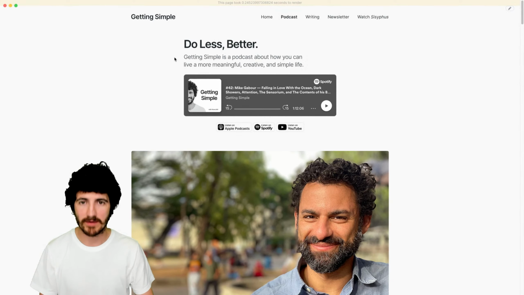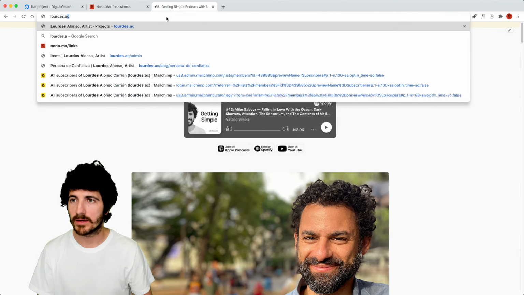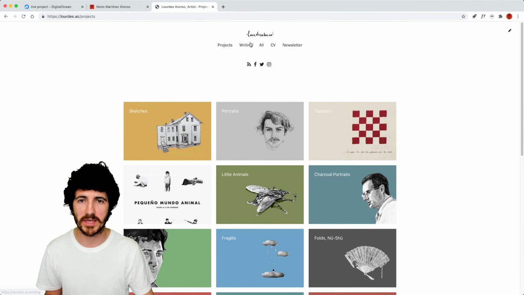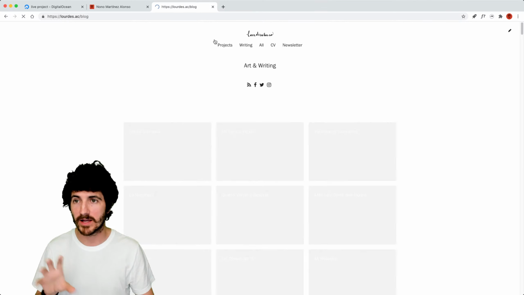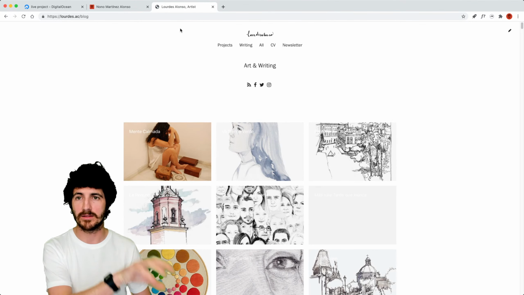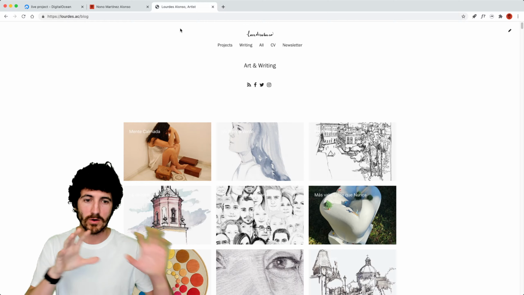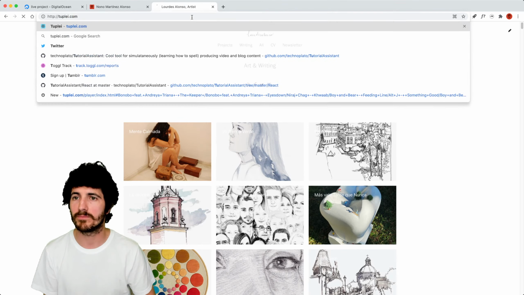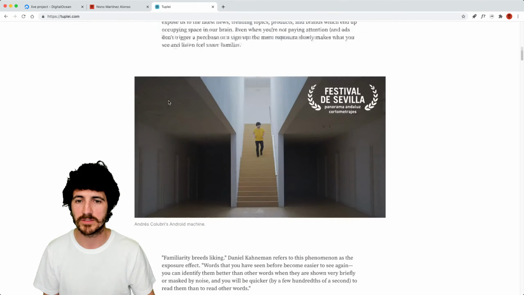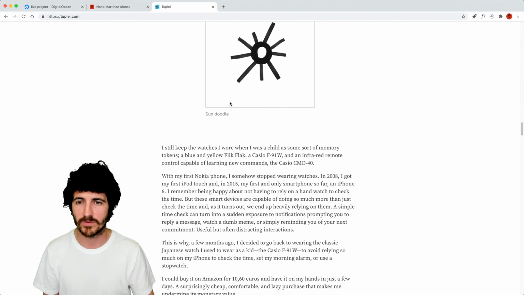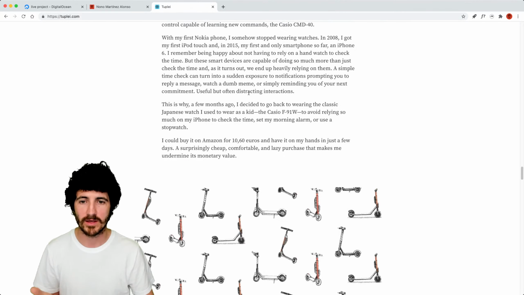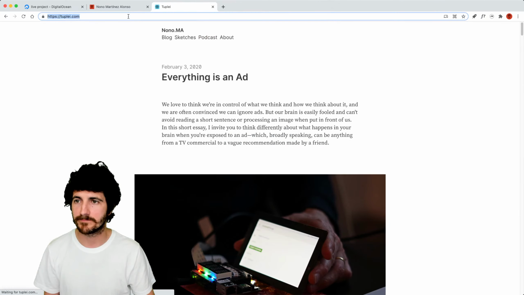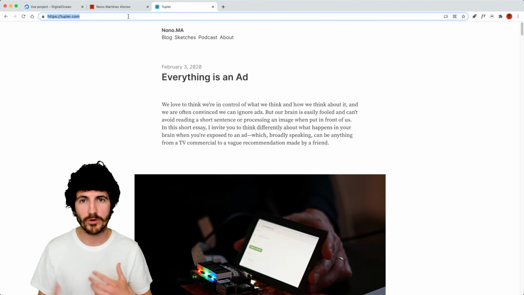All right, what else have I hosted here? My mom's website here, also hosted under the same platform, same server actually. So Getting Simple, Nono.ma, and Lourdes.ac are hosted on the same machine, on the same remote server. And there are other debugging places that I have. So for example, this domain here, just to preview a specific React application and template, which is really responsive, really fast. And what else? I have more domains here.